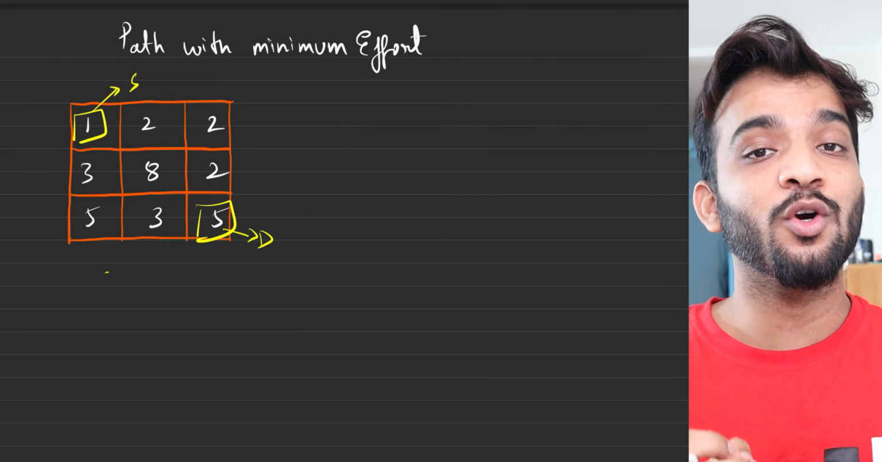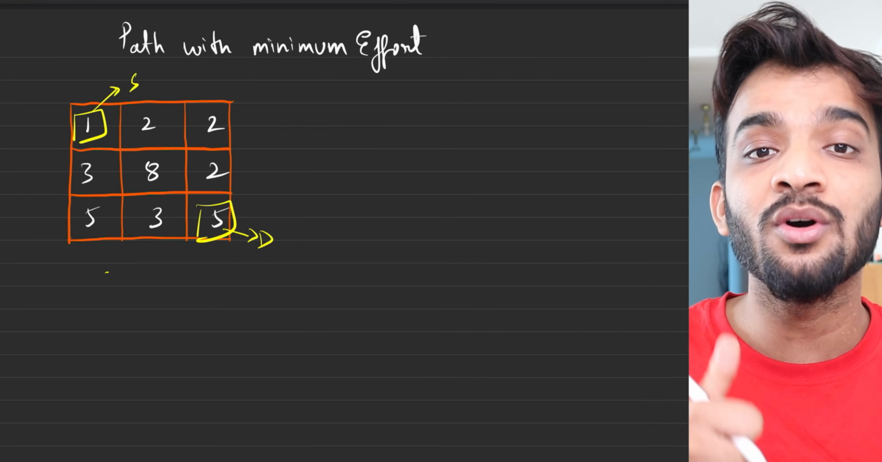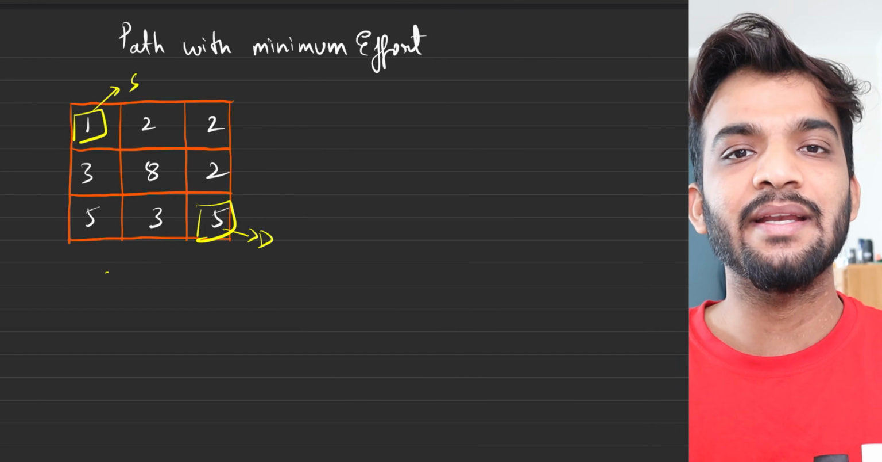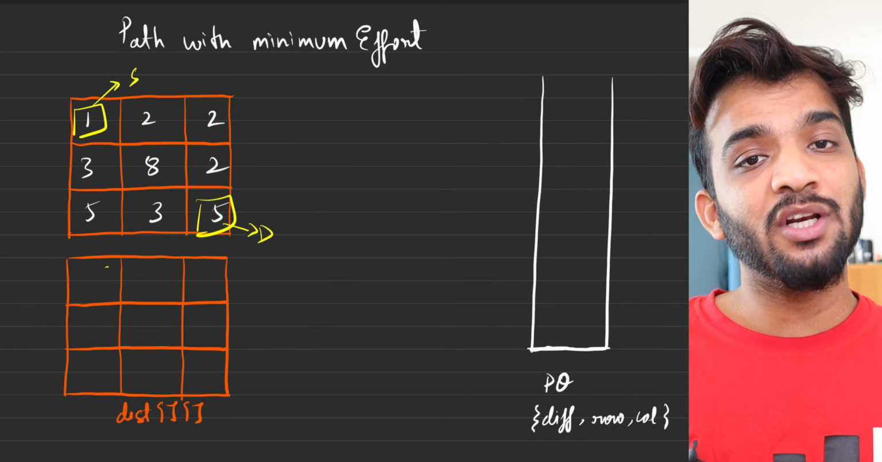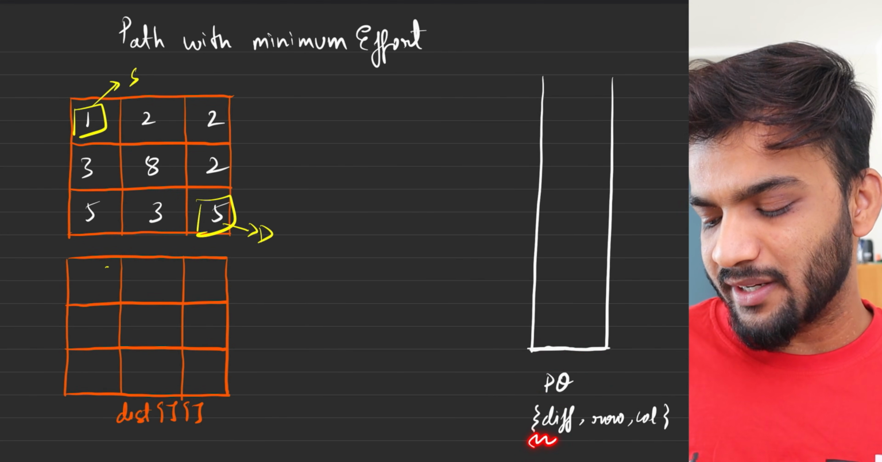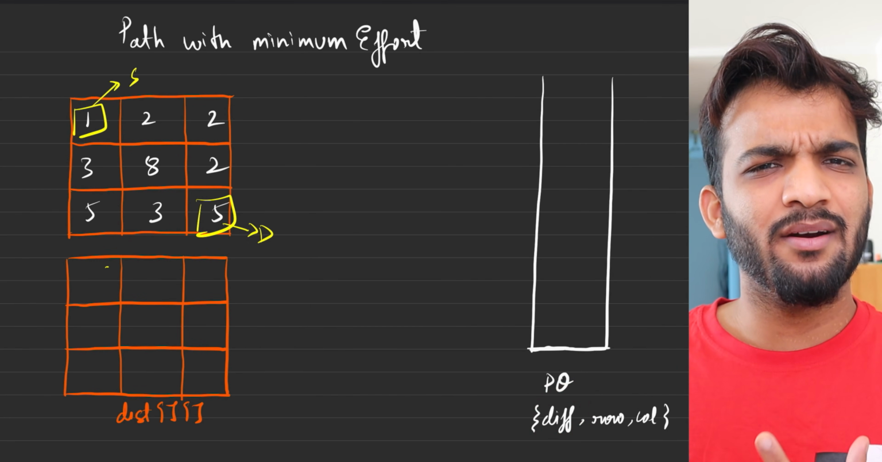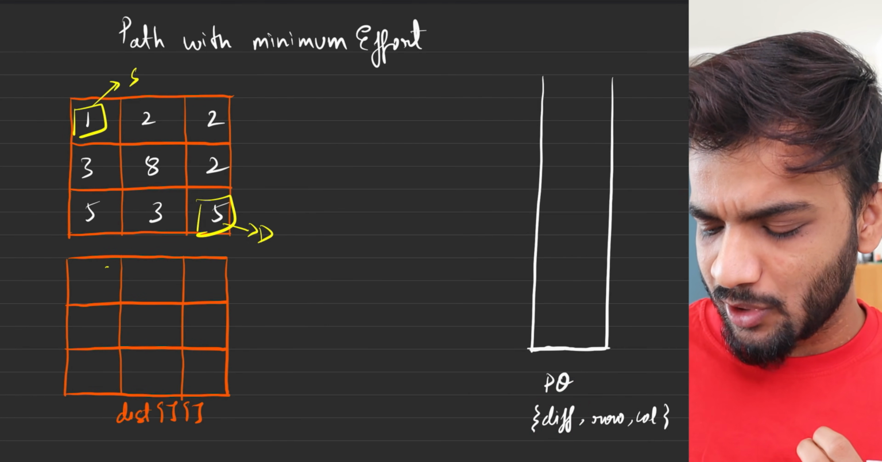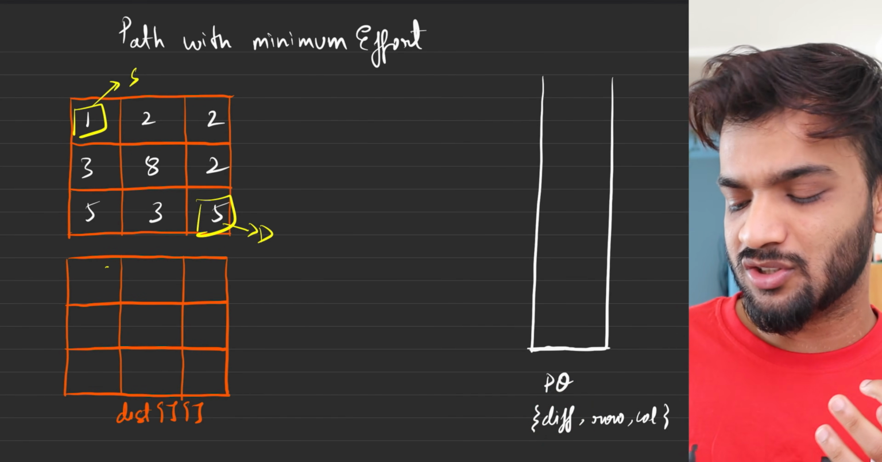So in Dijkstra's algorithm, what is the initial configuration? A priority queue and a distance array. So let's quickly take it up. This is how the initial configuration looks. We will take a priority queue where we will be storing the difference. Since we always require the minimal difference, we'll try to keep the difference at the first, so that the minimum